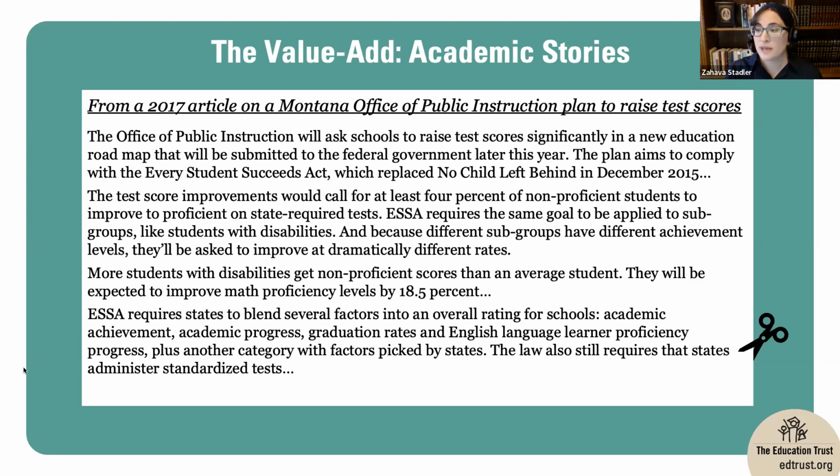So for instance, there's a big feature here about the performance of students with disabilities. It might be useful to note that Montana does not give districts funding for individual students with disabilities or differentiate funding at all based on students' needs or specific disabilities. Instead, special ed funding in Montana is handed out at a flat rate for every student in the district, regardless of the actual number of students with disabilities, regardless of the seriousness of their resource needs. It's a flat assumption system. That might be interesting to note as we're talking about students with disabilities lagging behind in proficiency.